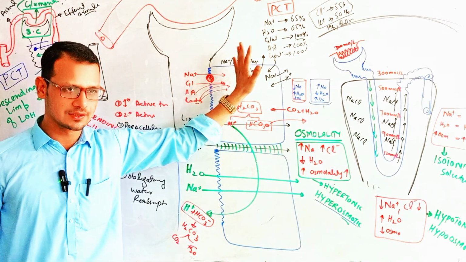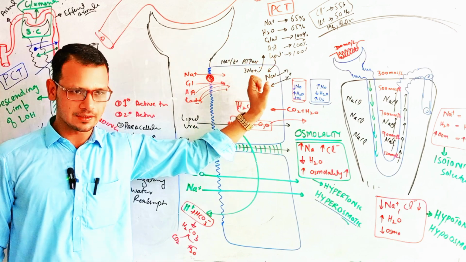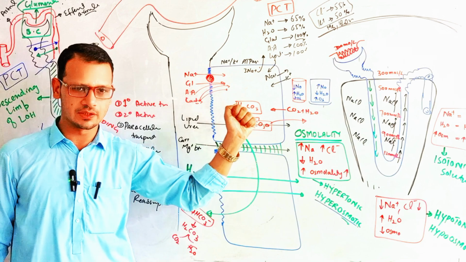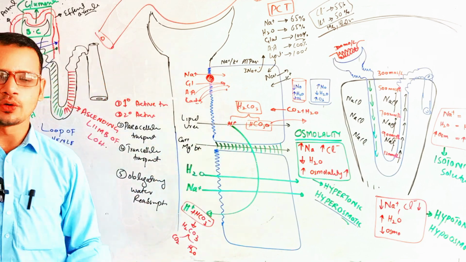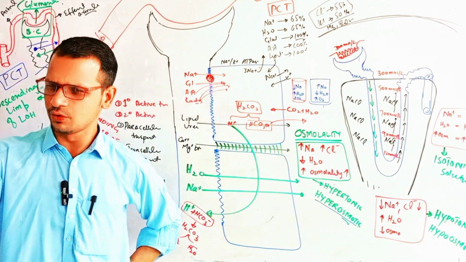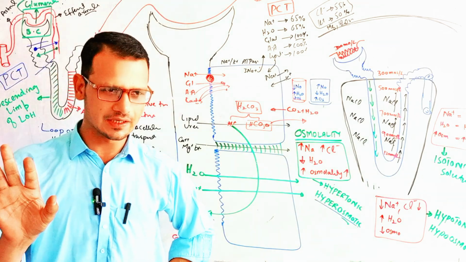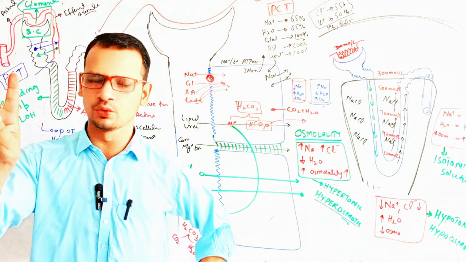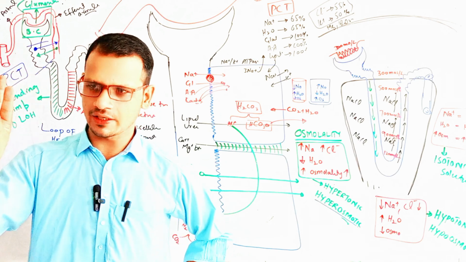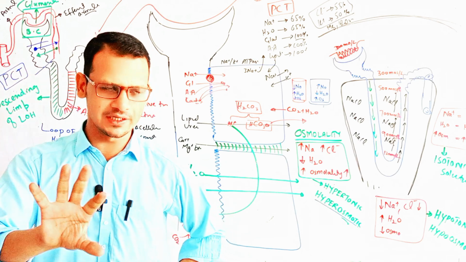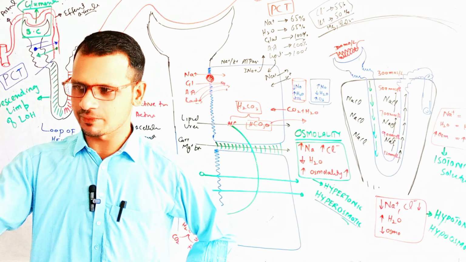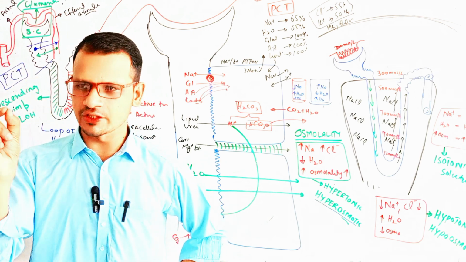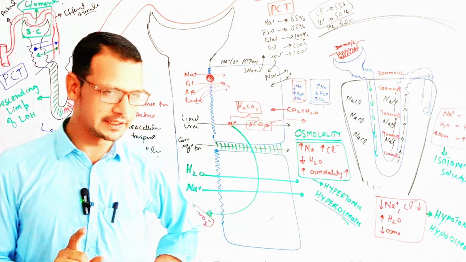Now we will discuss the loop of Henle, after the mechanisms of the proximal convoluted tubule, and we will discuss one very important mechanism. Loop of Henle is very simple, right? There are not a lot of mechanisms in the loop of Henle. There are only two mechanisms. One is the countercurrent multiplier mechanism, one is the countercurrent exchanger mechanism, and one transporter is working, which is called the sodium potassium 2 chloride co-transporter. Right? So let's